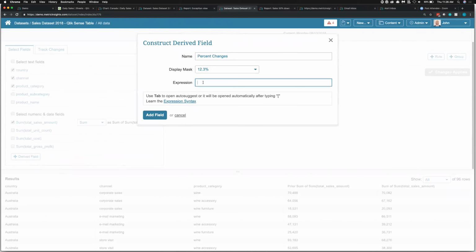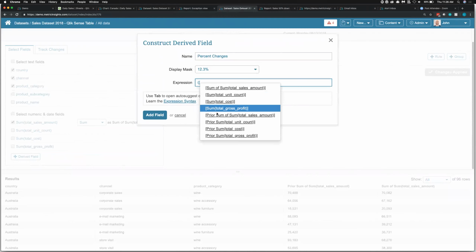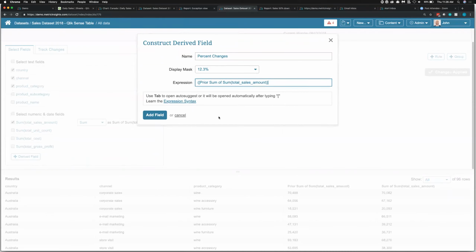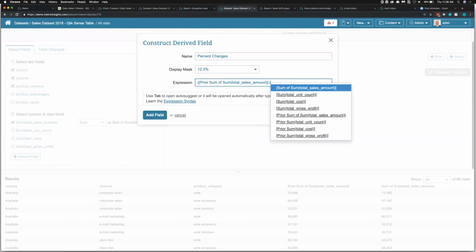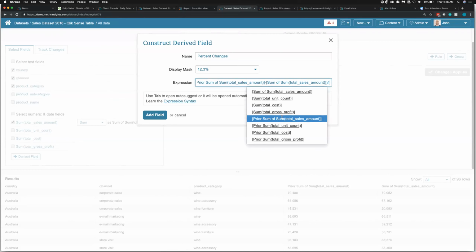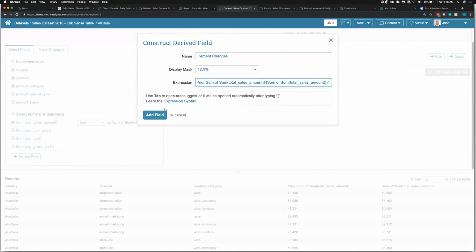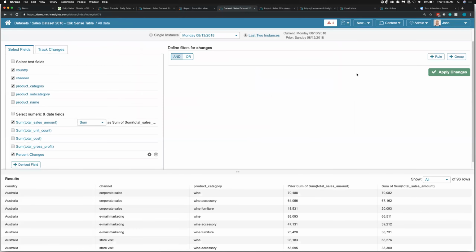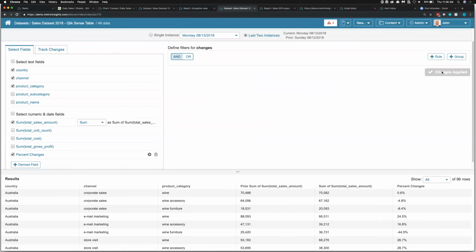So now we have the means to use the different fields within our UI to take a look at your sales here. So in my case, I like to do my prior sum of sales compared to my current sum of my sales, and created a calculated item that would give me the answer to that. So now adding this field, I can apply the changes, and now you can see that my percentage changes are